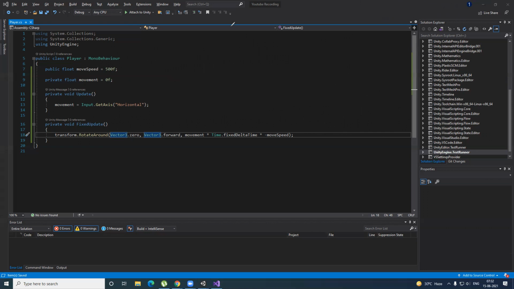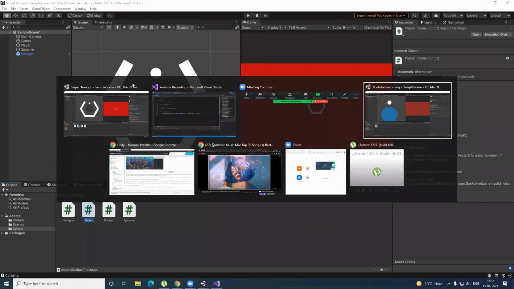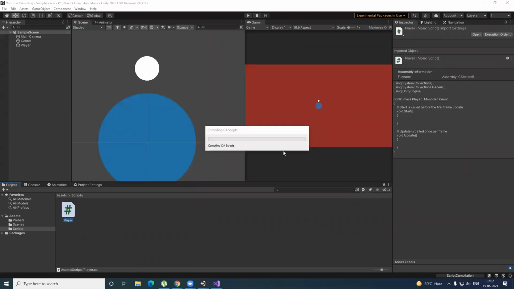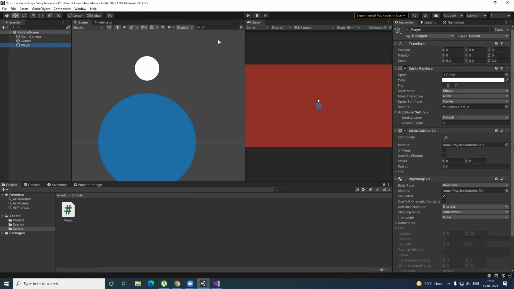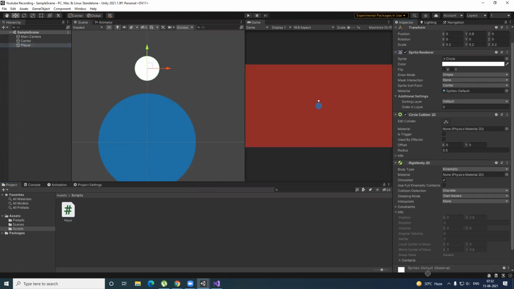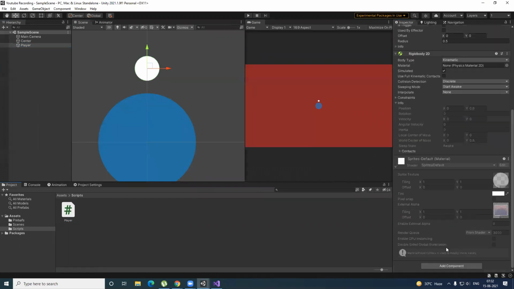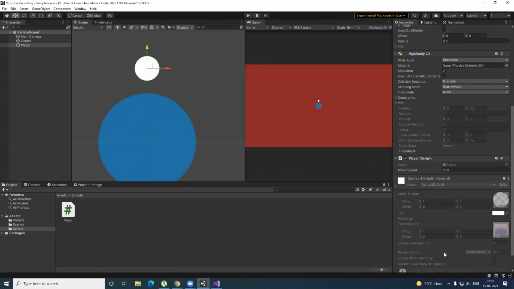Now, to see what the code is doing, let's head back to Unity and wait for the script to compile. There are three ways to add a script to our player game object. First is to drag and drop directly on the player, and it's going to get attached. Second, drag and drop at the bottom. You can see this is the bottom, right? You can drag and drop here, then it will attach. Or the last option is Add Component by searching Player. You see this Player, and I have added the player script, right?